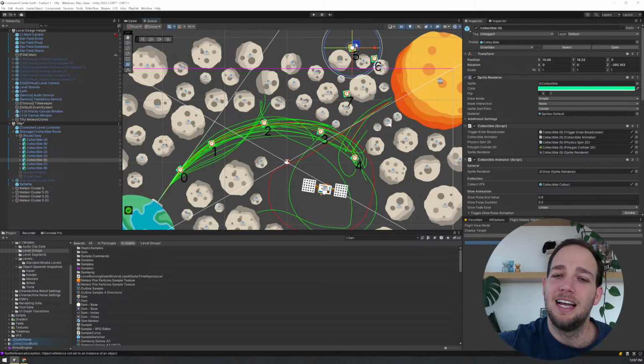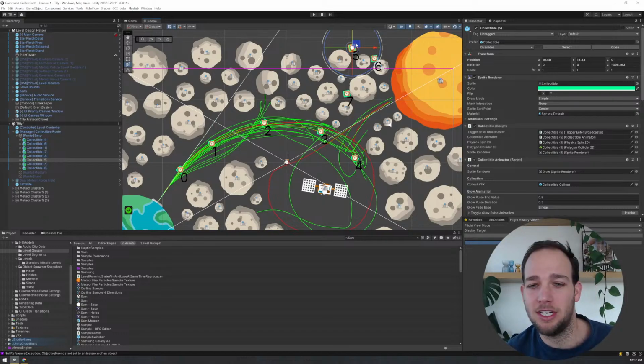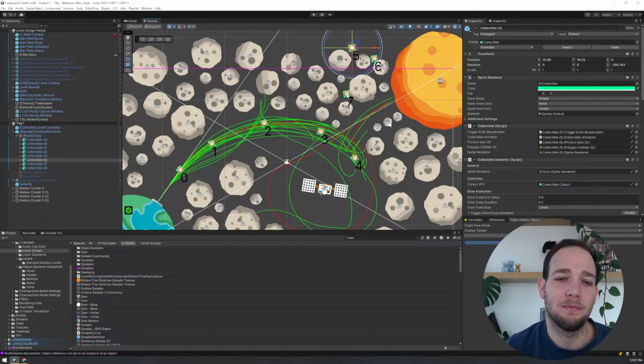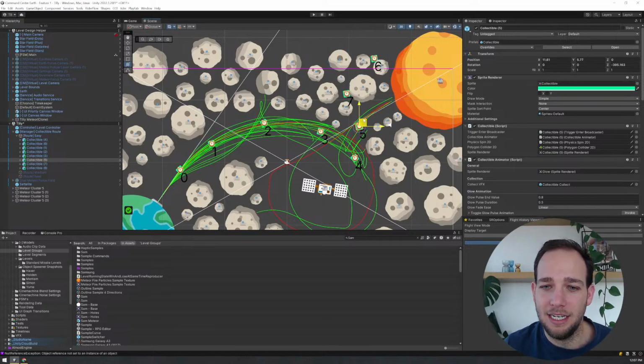I put them in place. I see what feels good. If it feels better to take out a few, I take out a few. If it feels better to add a few, I add a few. But in general, I find less is more when it comes to the routes. So I try to add a little less. So I might even remove 1 and 3 and just do 0, 2, or like 0, 2, 4, because that just might feel better. Okay, so all that being said, I'm gonna put in 5, and then